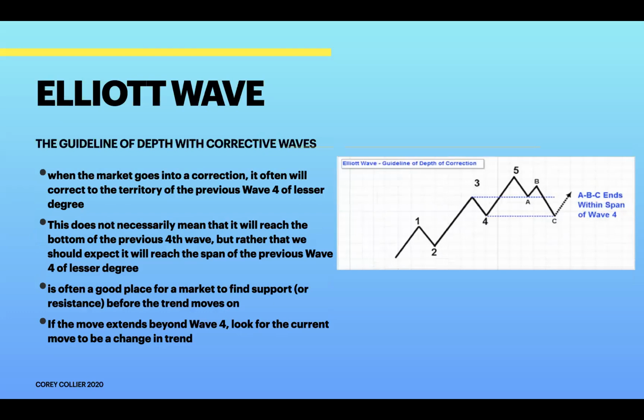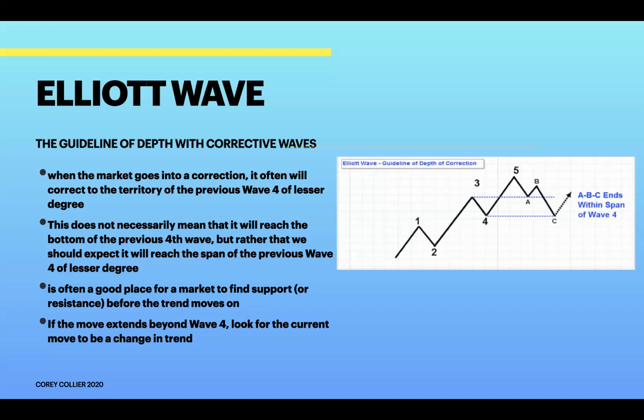The guideline of depth with corrective waves, guys. This helps you with understanding whether it's a trend reversal or just a retracement. Okay. When the market goes into a correction, it often will correct to the territory of the previous wave 4 of a lesser degree. All right. So this does not necessarily mean that it will reach the bottom of the previous 4th wave, but rather that we should expect it to reach the span of the previous wave 4 of a lesser degree. It's often a good place for the market to find support or resistance before the trend moves on. If the move extends beyond wave 4,